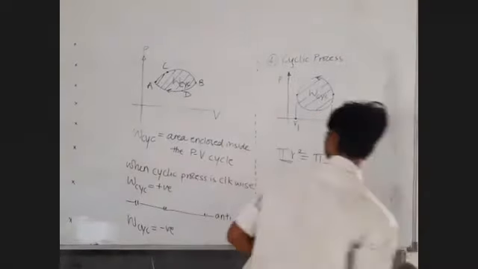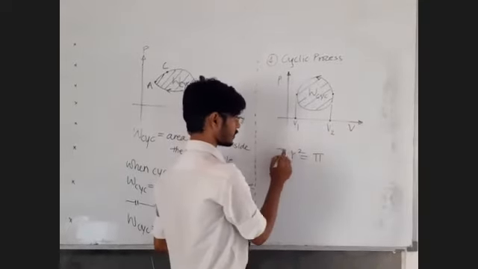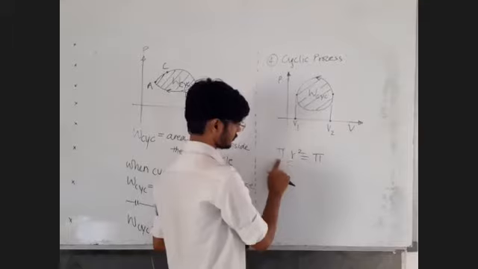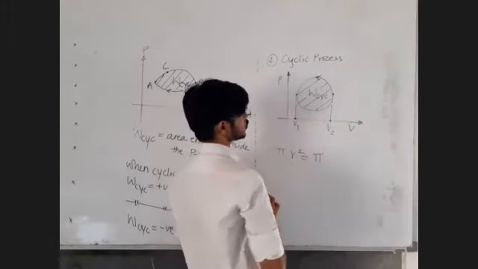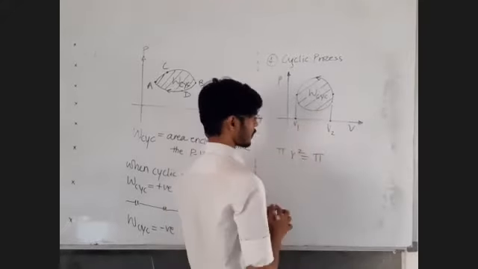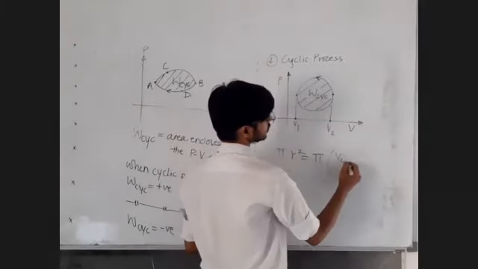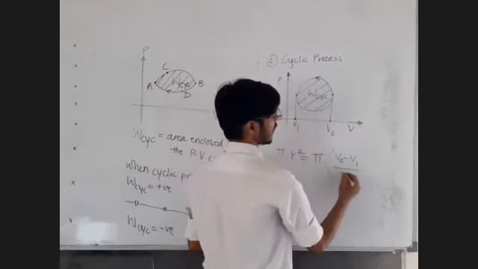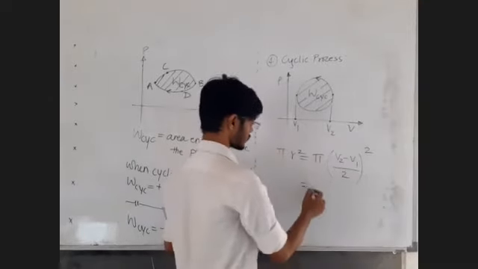Fine. So sir, we may make this mistake. Okay, let us not make this mistake, but let me show you how the mistake will be made. Pi into r square. Sir, we have to find the radius, so let us first find the diameter and divide it by 2. So v2 minus v1 is the diameter of the circle, so this is diameter upon 2, in brackets, squared.